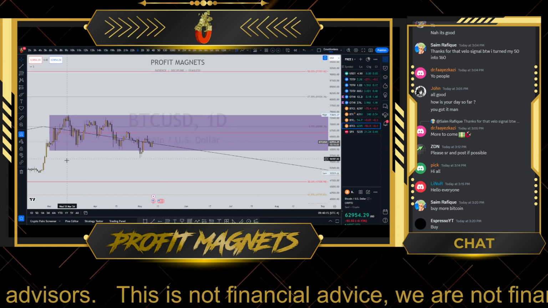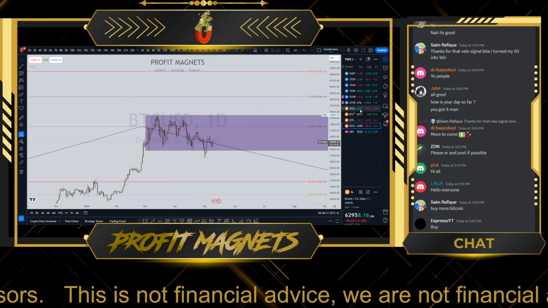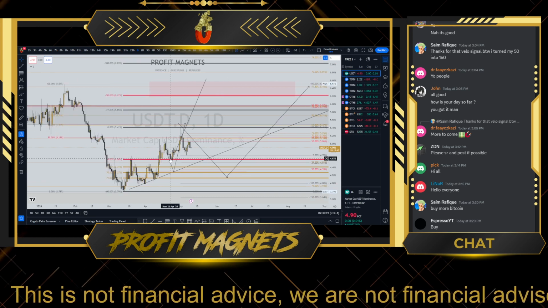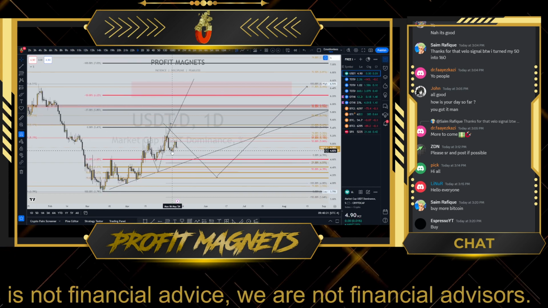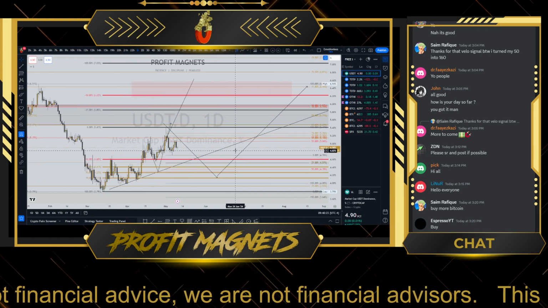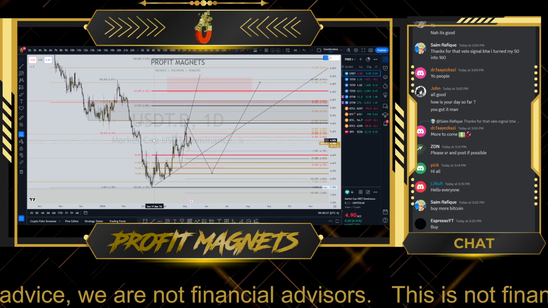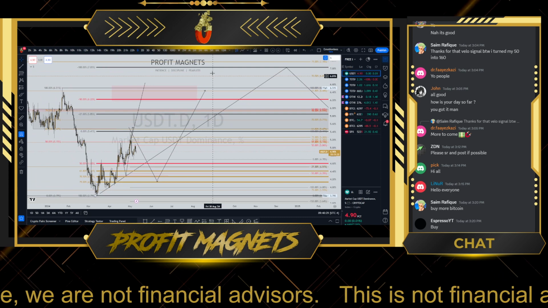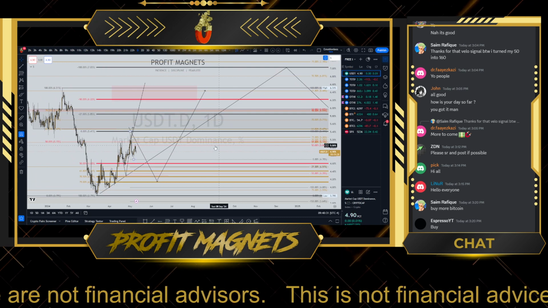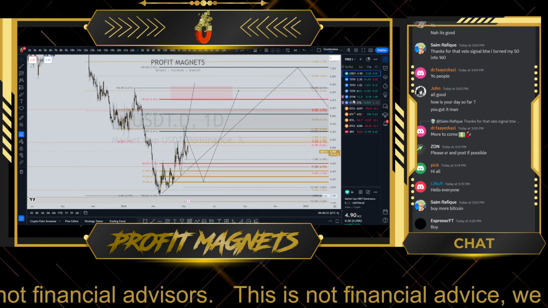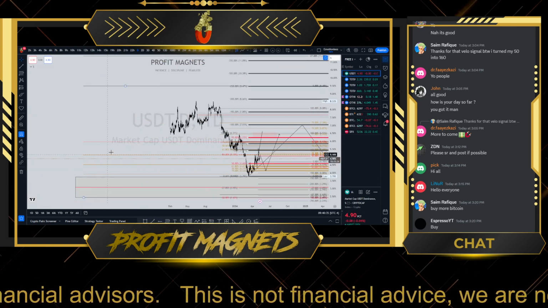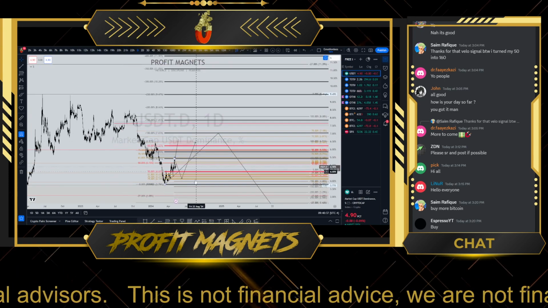So I'm going to give you guys some technicals on Bitcoin as well, but you need to understand the current perspective. We are in a range. There are multiple scenarios about how this can unfold, but they all lead to the same exact outcome, which is a push to the upside for the dominance of USDT, because the overall target is not this, but is the main Fibonacci, which we have from the top to the bottom.